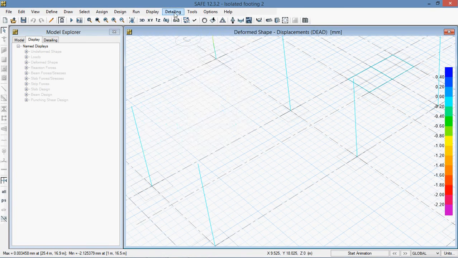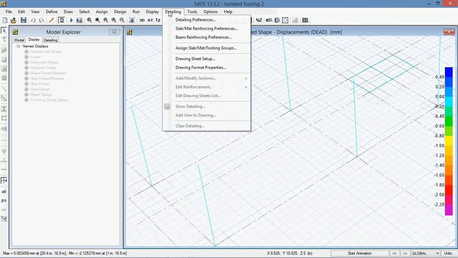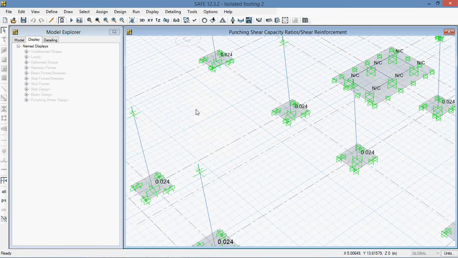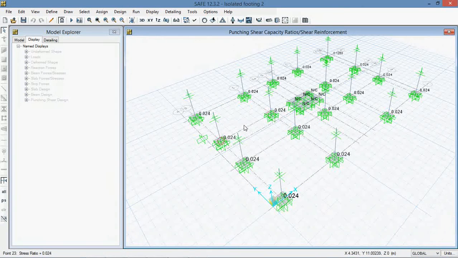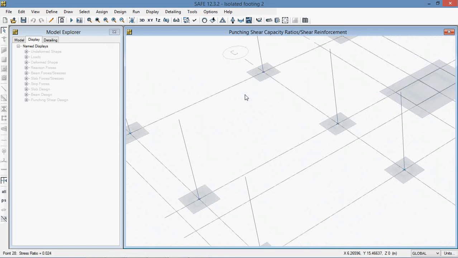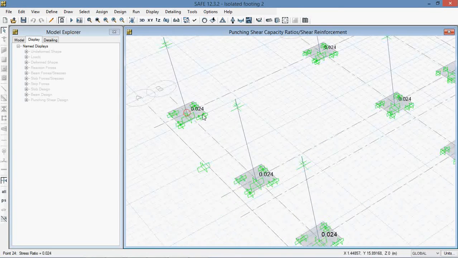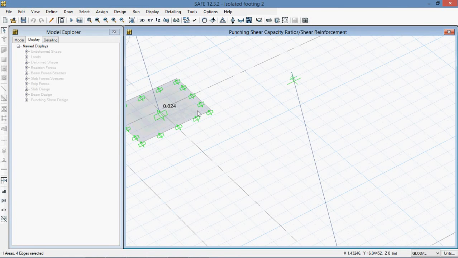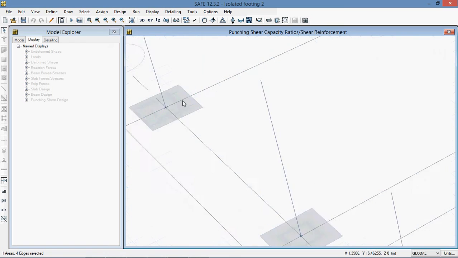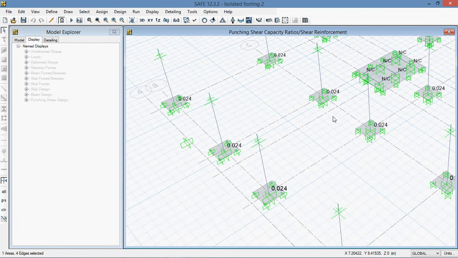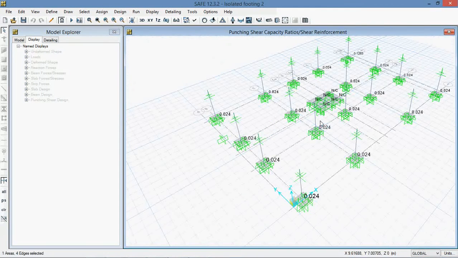There is no property here. Okay, let's see the punching shear. Punching shear design, it is showing here. This is the way, but I could not find the accurate results in this way. Maybe there is some problem, or in this version it is for the isolated footing, as they have given a